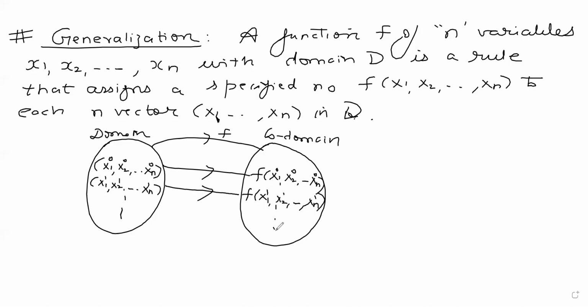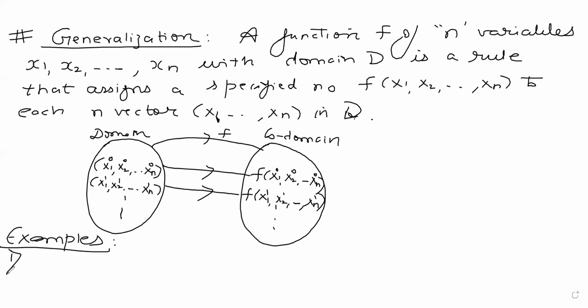So now my domain consists of a vector in the nth dimension, and you can see the image will be nothing but a real number f of x1 0, x2 0, xn 0 and so on. These are all real numbers in the codomain. So the generalization, I hope every student has understood this. We can write some examples of functions. So if you look at the examples,